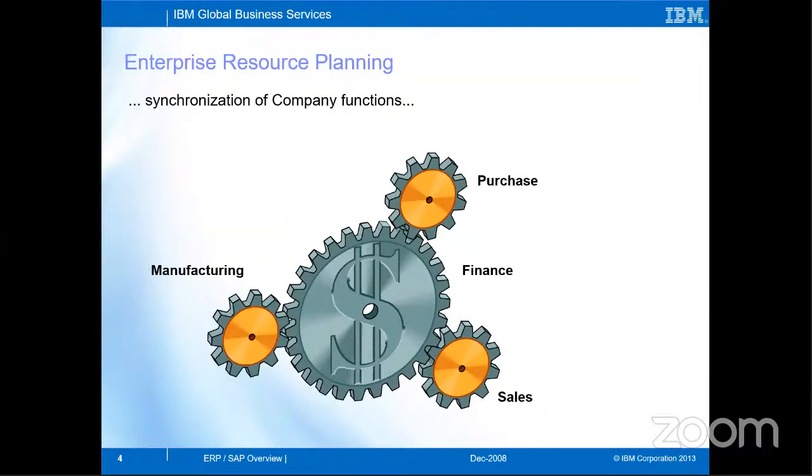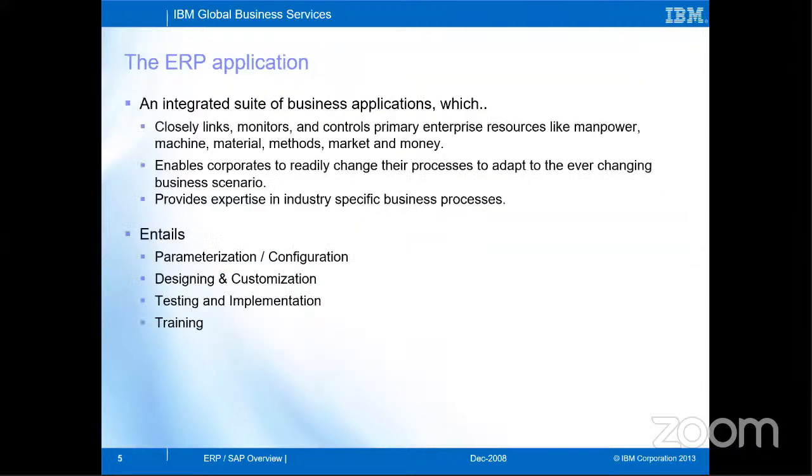That's where this idea of enterprise resource planning came in, where you plan for the whole of a company instead of planning at the individual departments. You have to have a synchronization between departments to make the profits bigger, so that you have higher margins over profits and lesser losses in your daily functions. That's the basic fundamental of enterprise resource planning, where you combine different departments and work in synchronization.